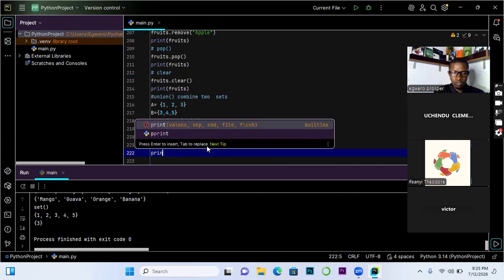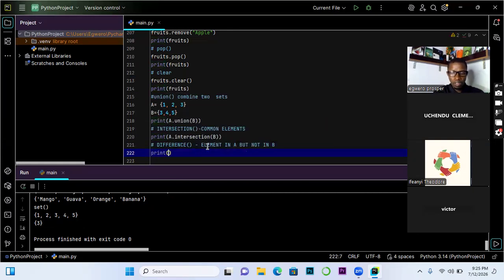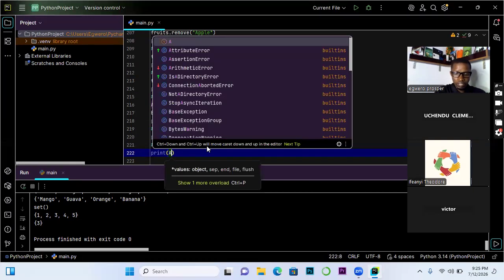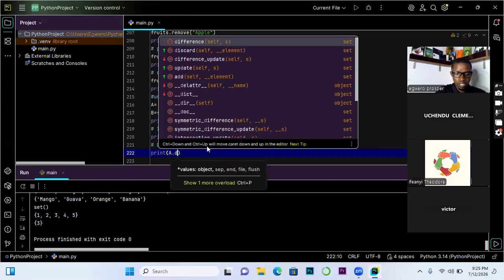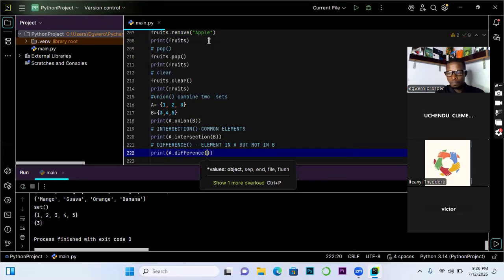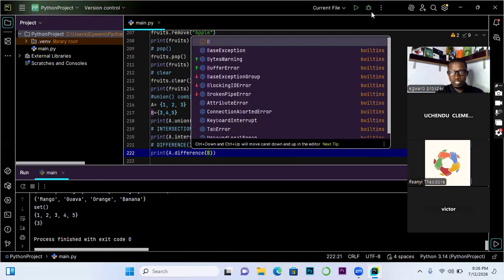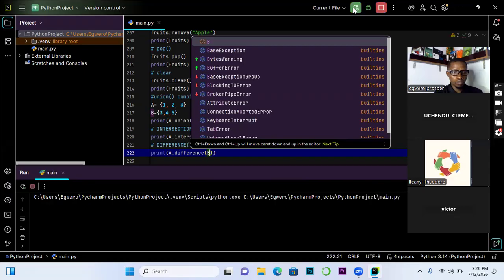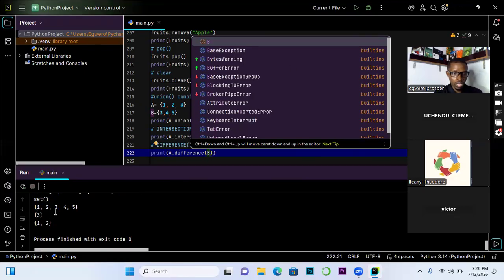We are going to say print A difference B. Let's see what we get. That will tell us what we have in A that is not in B.